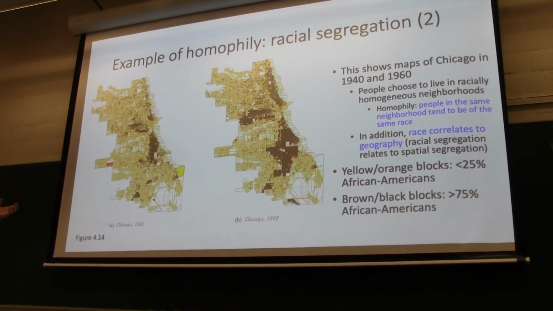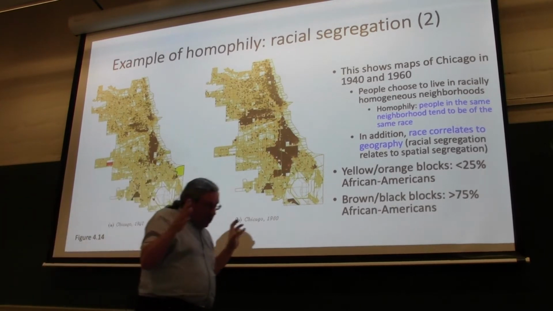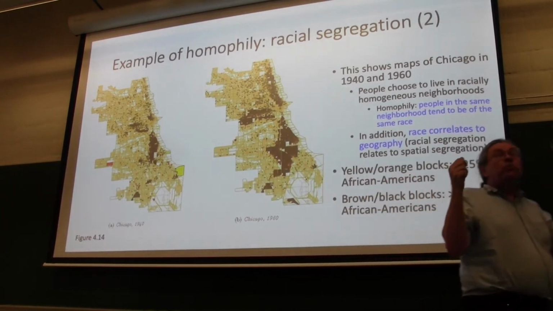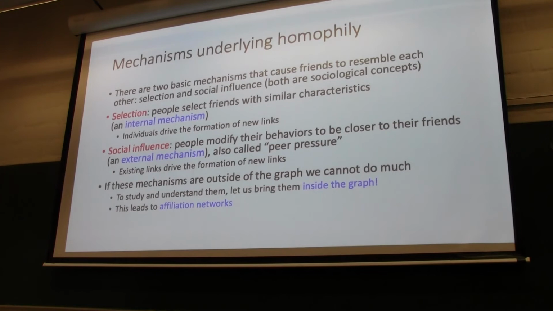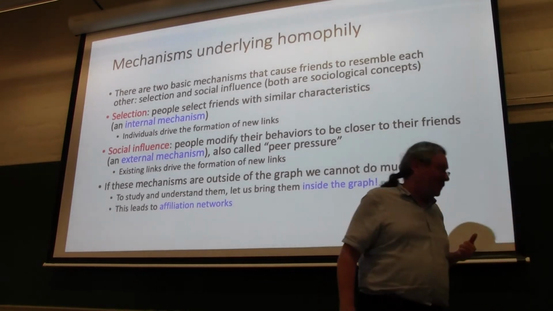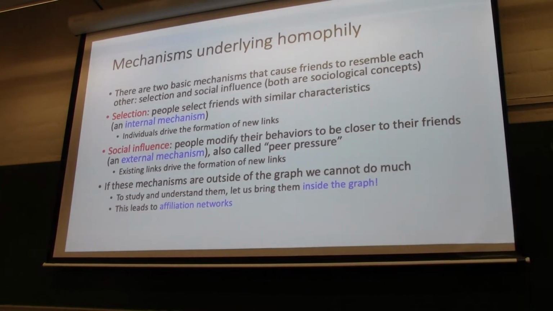So again, you can see that there's kind of an example. The friends here are the people who live close together, and their skin color tends to be similar, okay? So that's an observation. You can see that this kind of thing happens a lot. And now we want to understand why it happens. And we also want to predict maybe things. And of course on the internet,